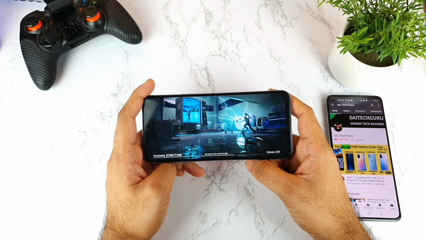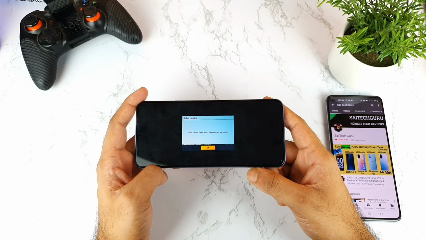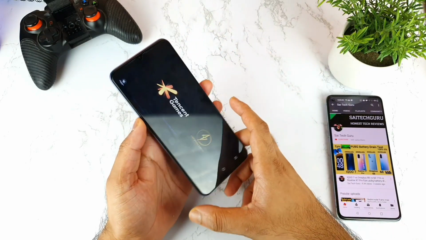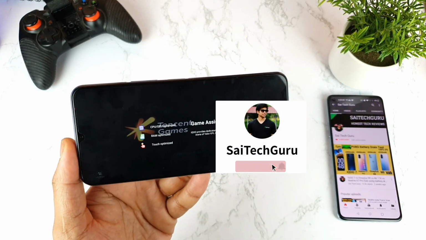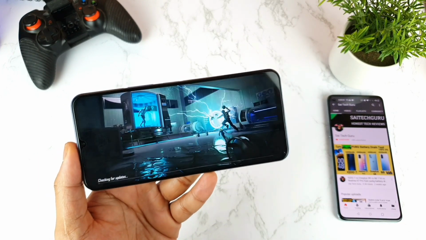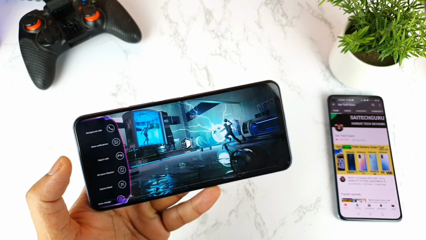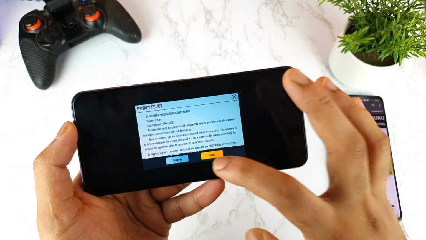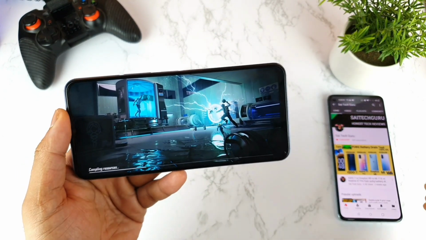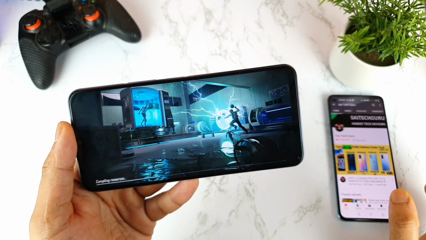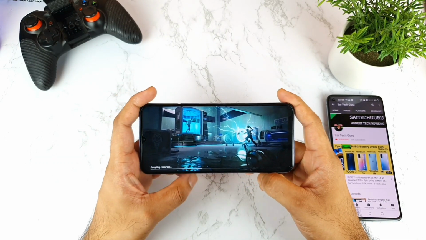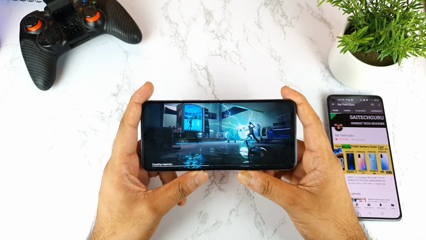So right now it's downloading friends, as you can see clearly, and its update is done. Let me quickly open the PUBG application again and let's see what will happen this time. And I'll try to do the battery draining test on this PUBG game as well, so make sure to stay tuned for that video in case you are interested to know how the PUBG battery draining test goes. Let me log in first and show you the next details. So right now, as you can see friends, it's preparing the resources. Hopefully we should be getting the HDR and extreme settings in this Snapdragon 768G processor. So that is what I'm waiting for in this phone. Let's see friends what will be the results. I'm excited about the gaming performance.